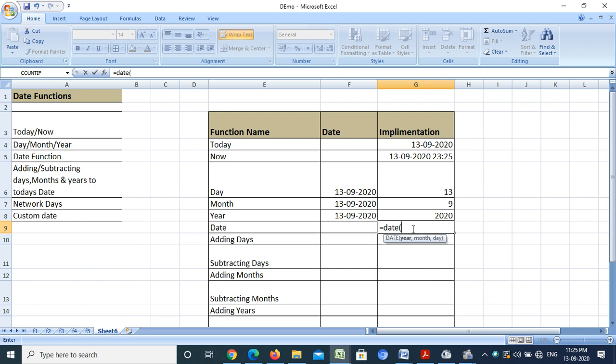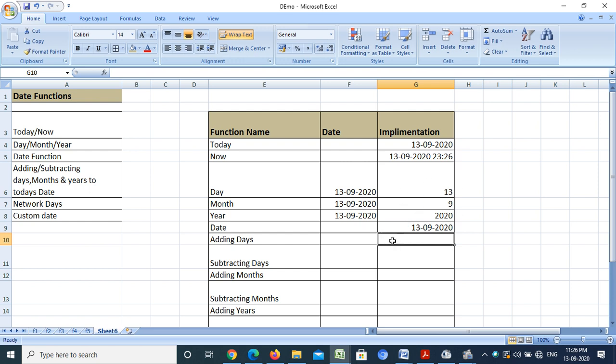now see, it is displaying that I have to select the year first. My year is 2020, then I have to write a comma sign, and then it is asking, the bold text is indicating that I have to write the month now. Now I am going to select this. After a comma I have to select the day, that is this, and I have to press enter. Now see, it will return me the combined date, right?